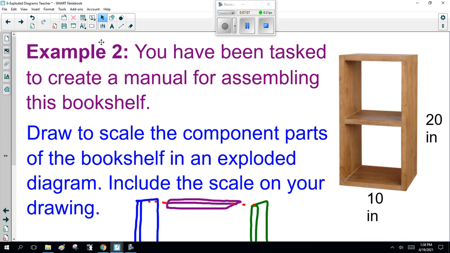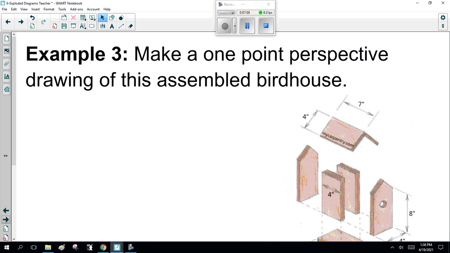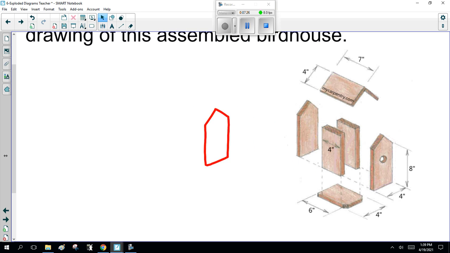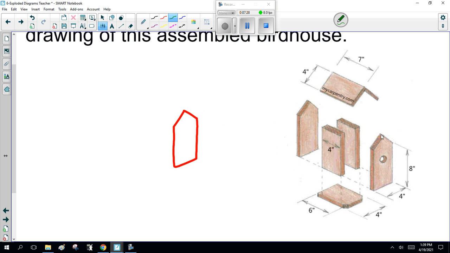So, last question. Make a one-point perspective drawing of a disassembled birdhouse. So here's the exploded diagram of the birdhouse. The first thing you're going to do is put it all together. Now, front, sides here, and the advantage of doing this is that the roof